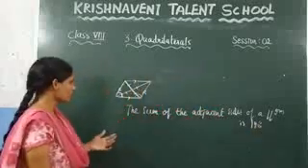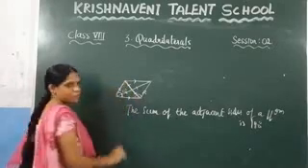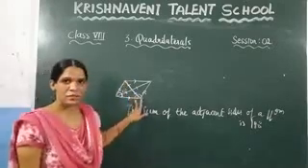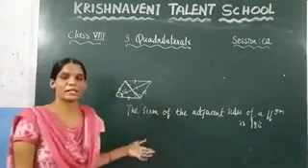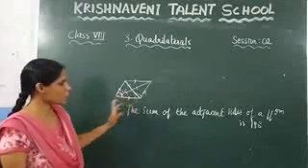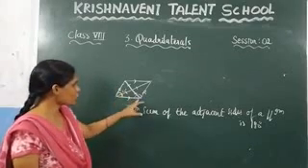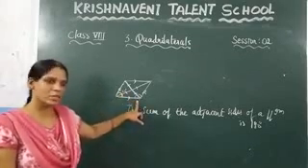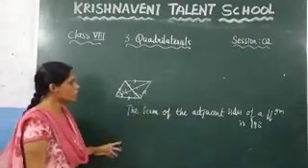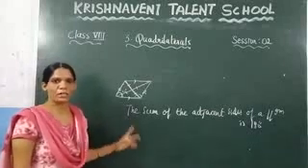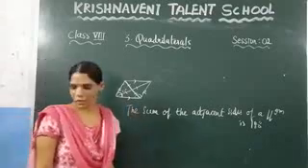Let us suppose this angle is 60 degrees. And what should be this angle? You don't know this angle directly, but you can find it using this property of the parallelogram: the sum of the adjacent angles is 180 degrees. If one of these angles is 60, what should this angle be? It is 120, because 180 minus 60 gives 120. So this is one more important property of a parallelogram: the sum of the adjacent angles is always equal to 180 degrees.